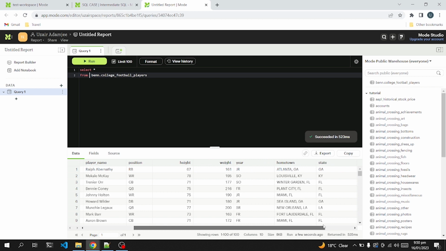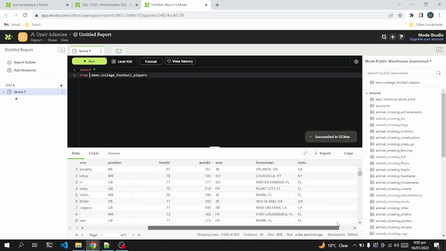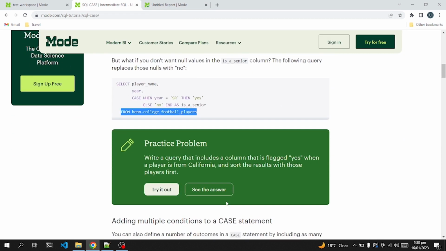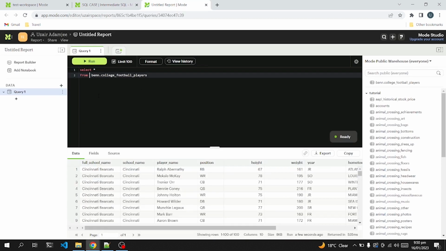JR is for junior, SO I guess for sophomore, and then we have senior, hometown, state. Okay. In this we have to write a query that flags yes when a player is from California. So let's first select